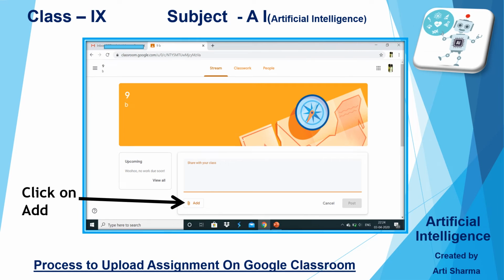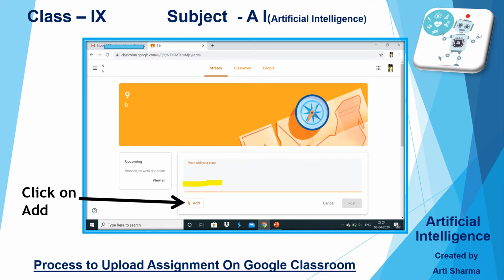Now, after typing your name here, it is asking you to add, because it is possible in your assignment you are submitting a file. That file can be a PowerPoint file, a Word file, an Excel file, or any other image or any link.